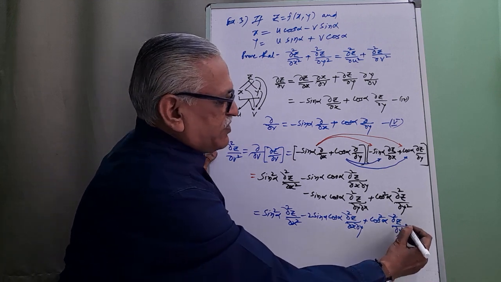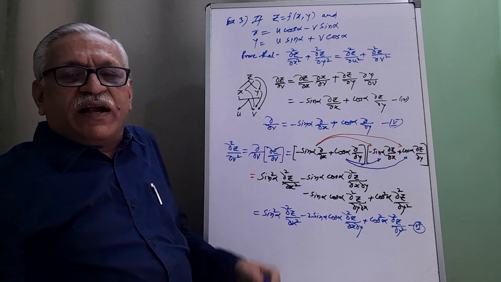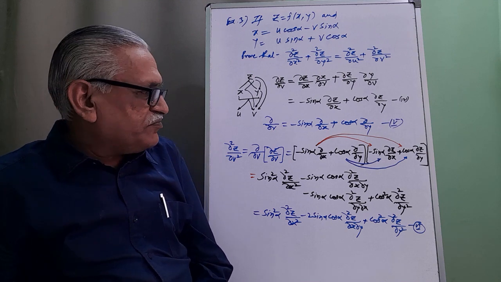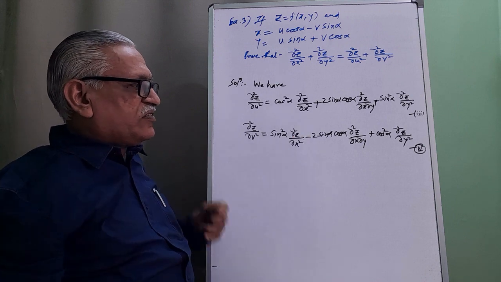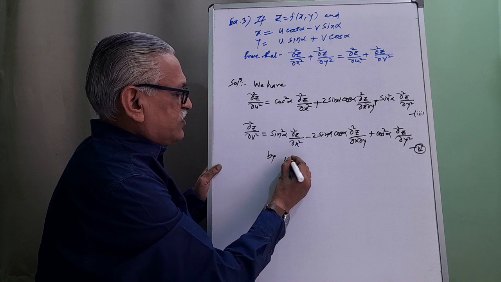We call this equation number 6. And then adding equation 3 and equation 6,